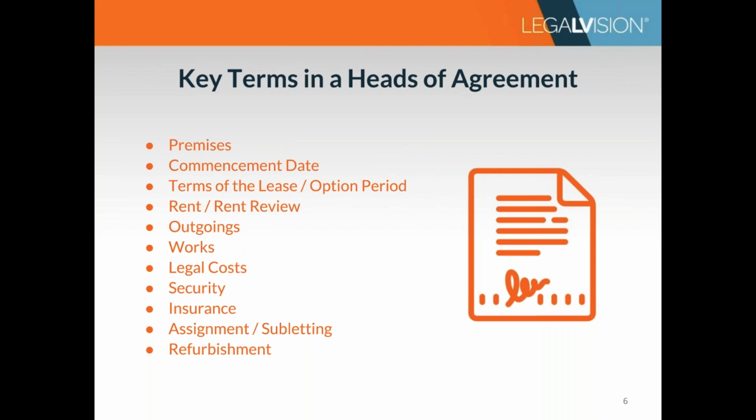The following items should be included in a heads of agreement as a minimum: the premises, including any associated storage spaces and car parks, the start and end dates of the lease, any further terms granted under the lease, the rent, both the starting rent and the rent review mechanism during the lease term and further terms, details of any outgoings payable on top of rent,